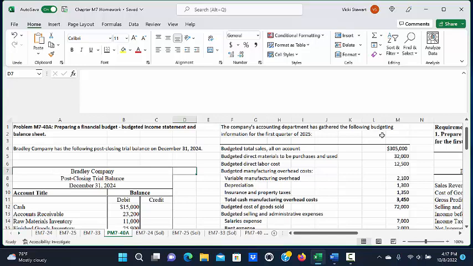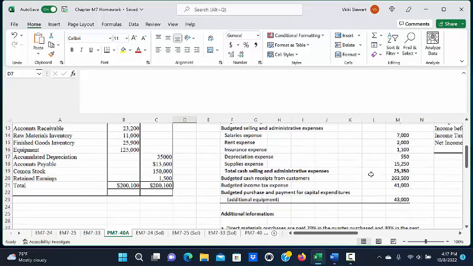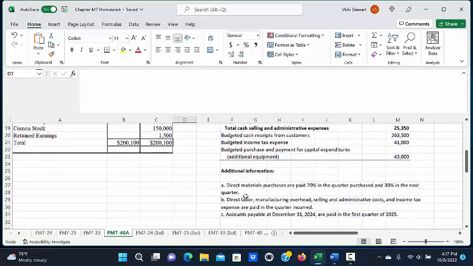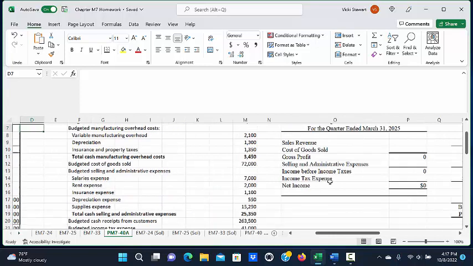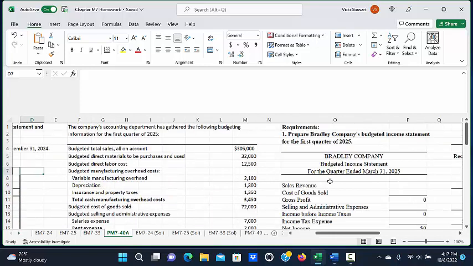It also states that the company's accounting department has gathered the following budgeting information for the first quarter of 2025, and then it gives us some additional information concerning when direct materials purchases are paid, and also when direct labor, manufacturing overhead, and other expenses are paid, and then also accounts payable. In the first part of the problem, it asks us to prepare Bradley Company's budgeted income statement for the first quarter of 2025. So we are going to use the information that the accounting department gathered to complete the budgeted